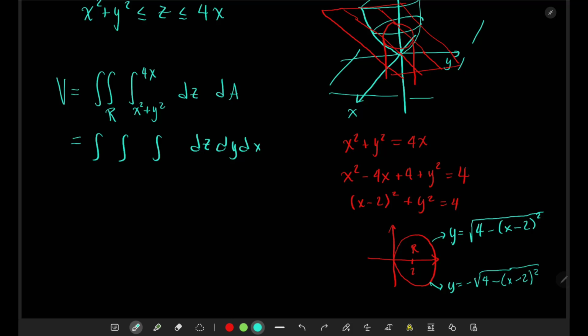In fact, we're going to change the order just to be more thorough, and that seems to be causing trouble in class. So I'm going to go ahead and change the order of this integration as well, just to show you how it's done. All right, so now